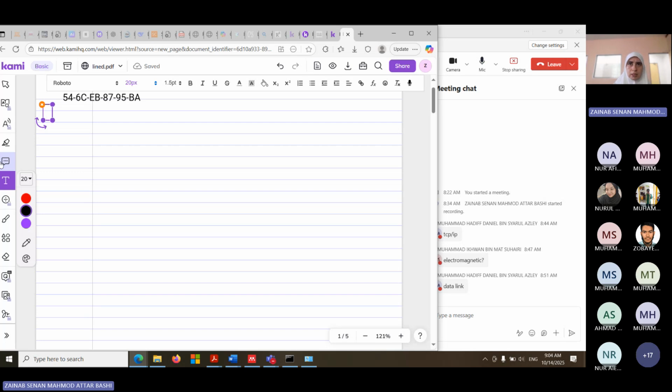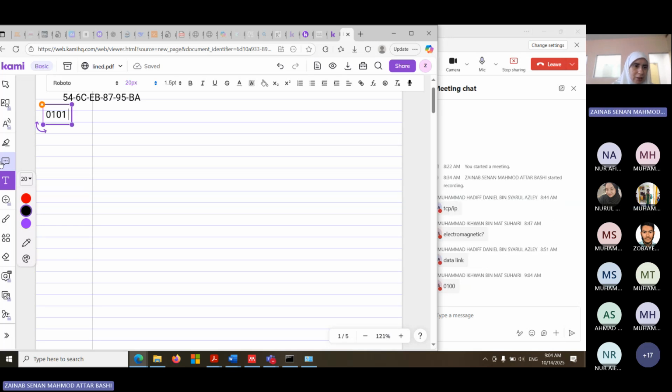So again, if you have a binary number, to understand what we are dealing with later when we talk about broadcasting and multicast and so on, it's always very important to remember that the machine understands only zeros and ones. So for example, 5, if I want to write it in binary, in this case, we have to represent it in 4 binary digits. So it will be 0, 1, 0, 1. That's the 5. What about 4? What will it be? 0, 1, 0, 0. Then we have 6. It will be 0, 1, 1, 0. C, what is C?